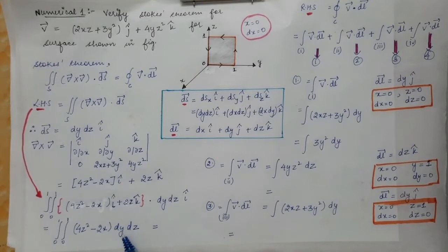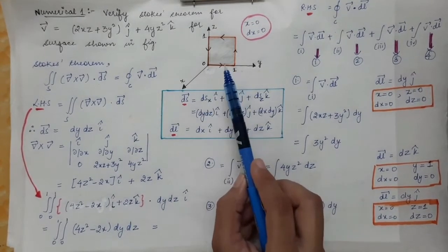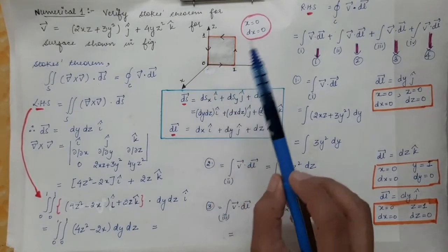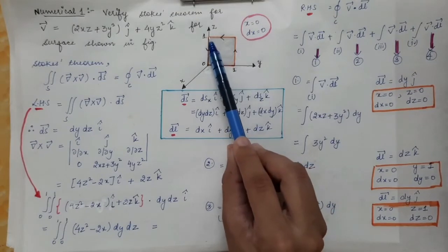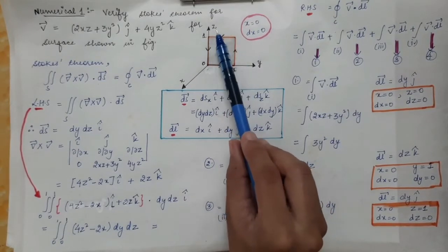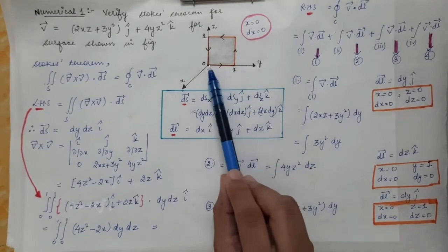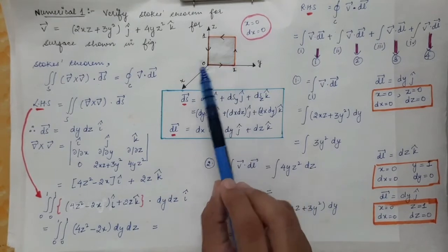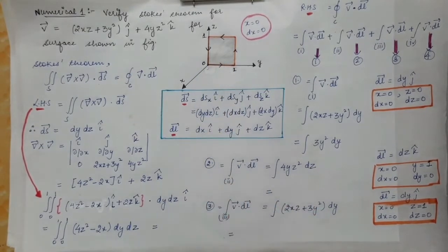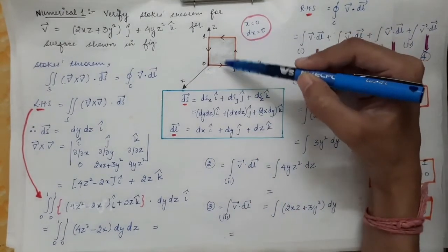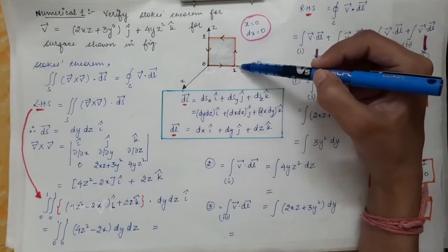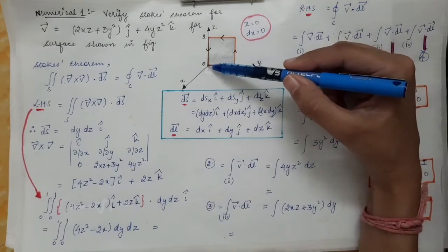So the y variable varies from 0 to 1, and the z variable also varies from 0 to 1. So at all the points on the boundary, all the points on this line, z is equal to 1, and on all the points on this line z is equal to 0. So z is varying from 0 to 1, and similarly y is also varying from 0 to 1. To find the limits of y or z, we can draw a vertical line. The limits of y are from 0 to 1, as it can be seen, y varies from 0 to 1.